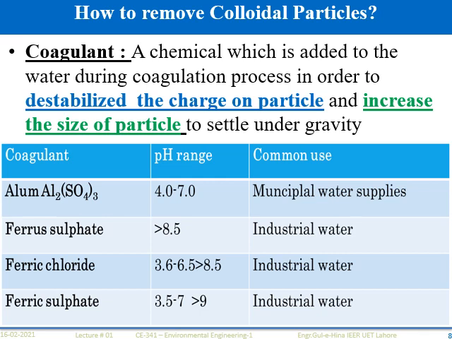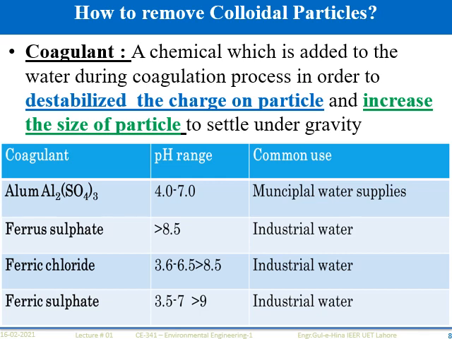सबसे पहले जैसे हमने डिस्कस किया था, coagulant is the chemical which is added to the water during the coagulation process in order to destabilize the charge on the particle and increase the size of the particle to settle under gravity. So different types के coagulants हम use करते हैं. The first one is the alum. Alum is widely used for the treatment of municipal waters because the natural water has a pH range of 6